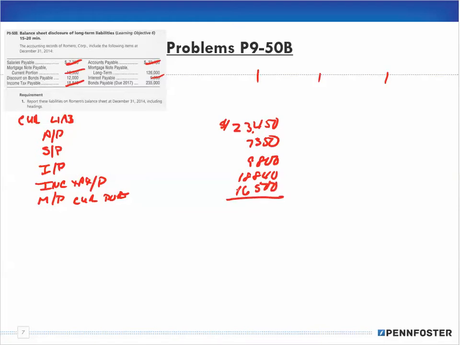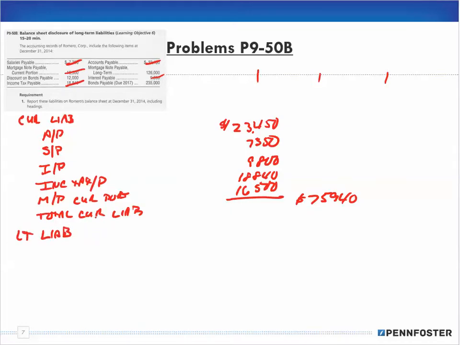Okay, so this is going to be my total current liabilities, and I'm going to put that in this column, and notice I have the $ sign because it's the first number in the column. Okay, and that's going to be $75,940 when I add it all up. Excuse me. So then I have my long-term liabilities,